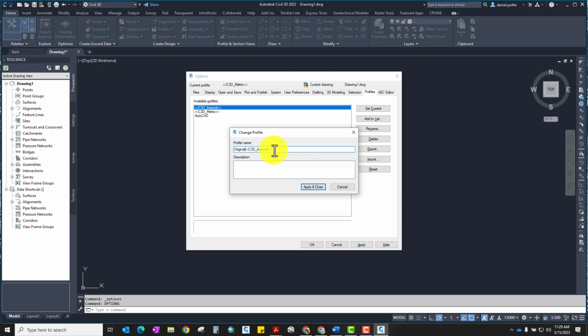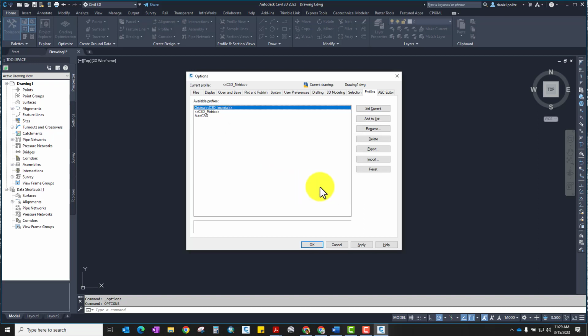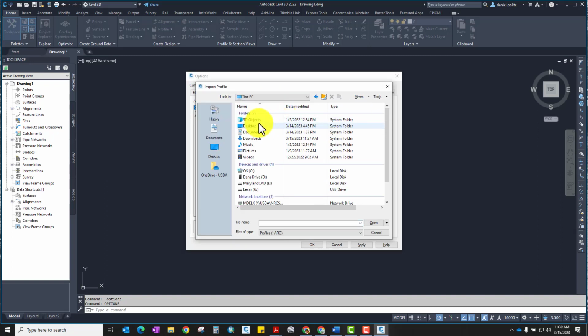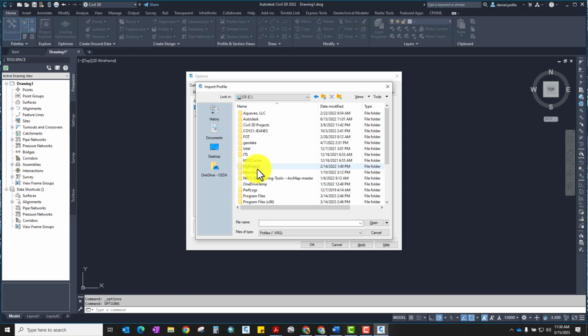And it's important that these carets stay here, front and the back in between Civil 3D Imperial. So this is basically what we're doing, is just renaming this as Original. We're not overwriting the original CUI. Go ahead and click Apply and Close. And now what we want to do is we want to go ahead and click Import. Alright, so we want to search in your C drive under your Program Data File folder location. And then you want to go under Autodesk, and then the Civil 3D 2022,